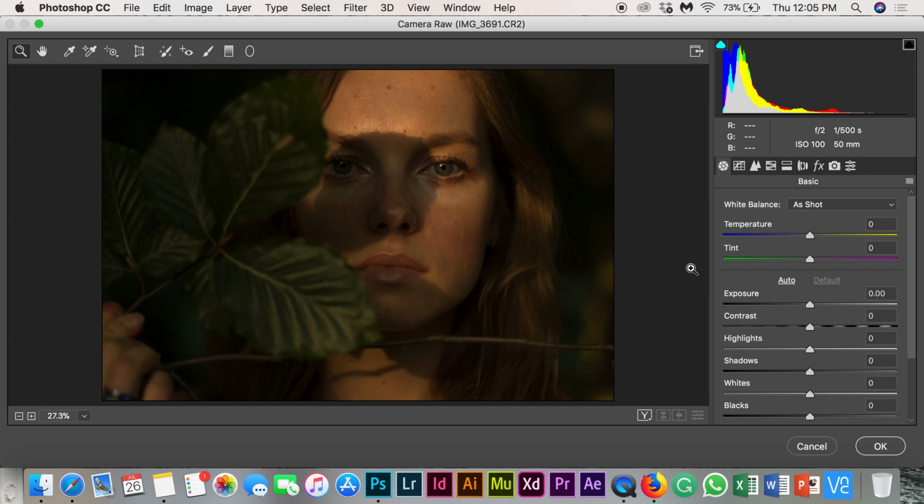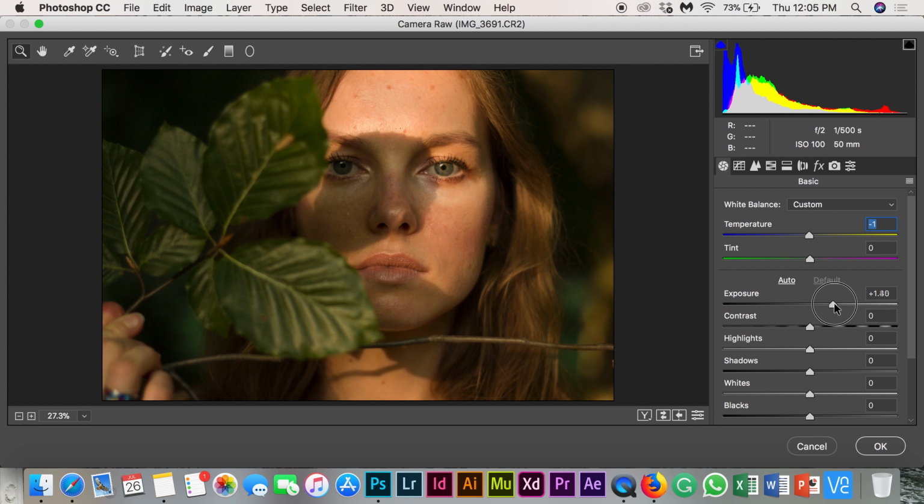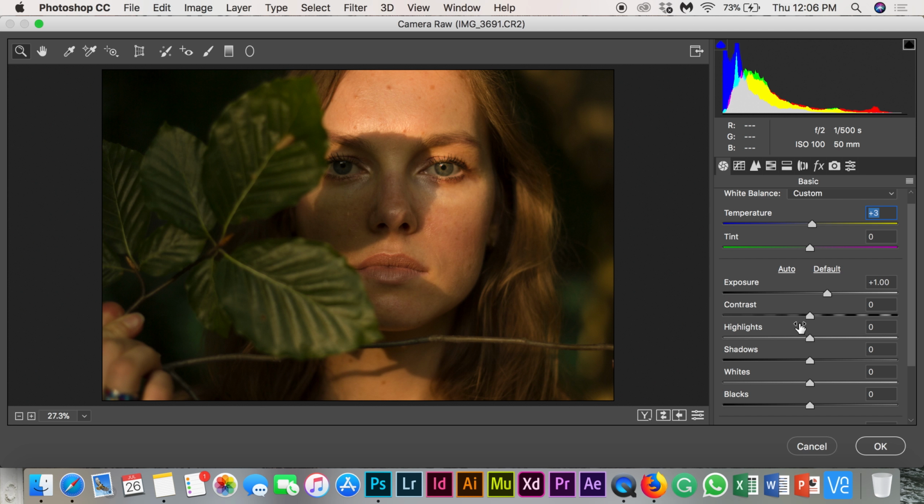So now as I'm still recording, I'm going to change what I wanted to do with Raw. So first of all, as I say in my previous videos, I don't like warm pictures, but in this case, the concept is summer shadows, so I cannot remove the warmth of the summer. So basically, I'm going to just put enough warmth that I feel that I like it. I'm going to do a little bit of exposure. I think with that it's okay, with just 3 points of the temperature, just to have nice colors